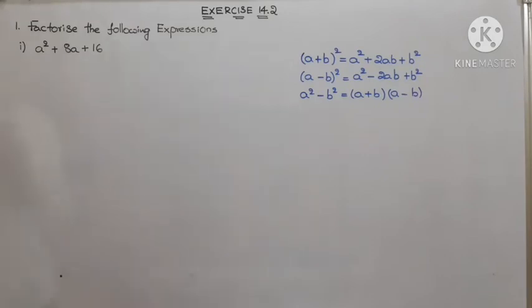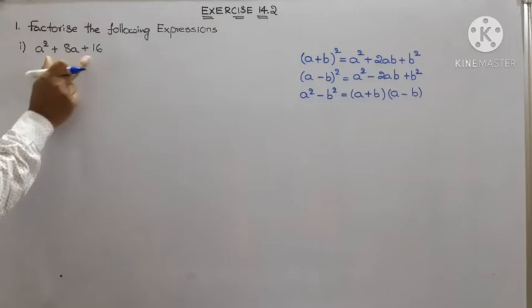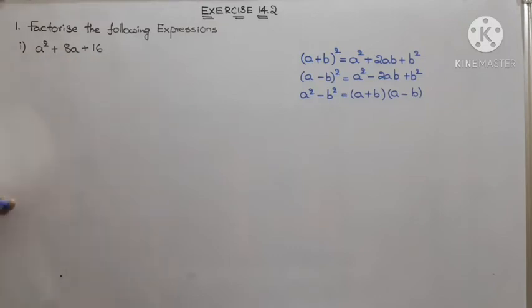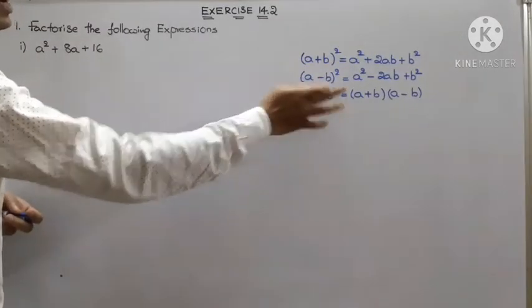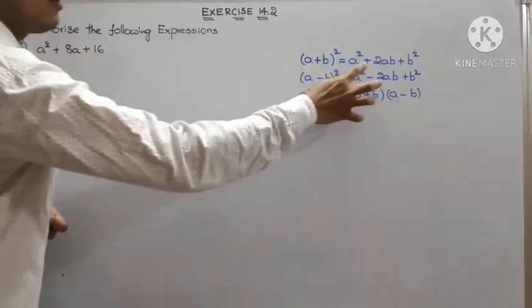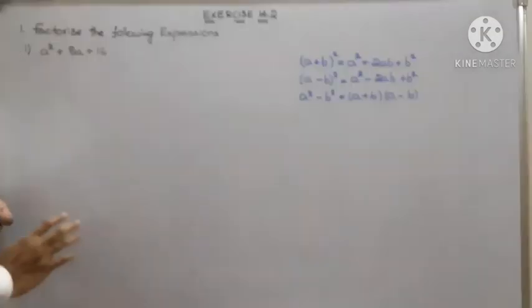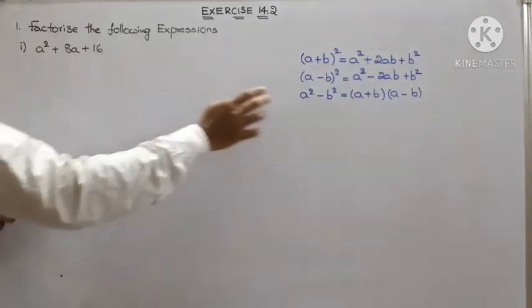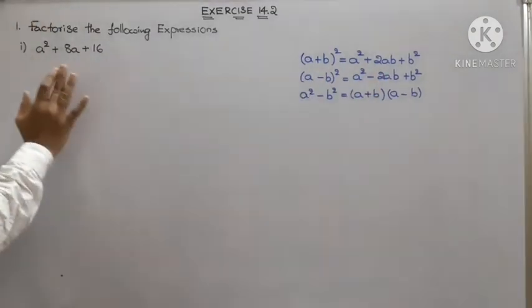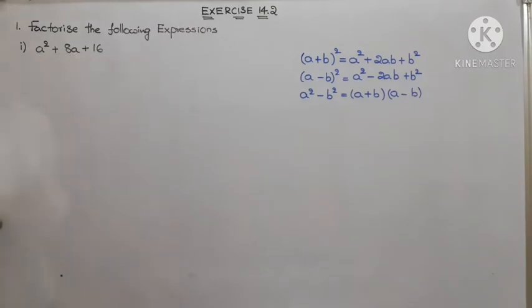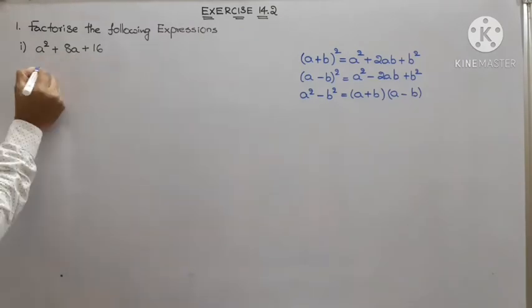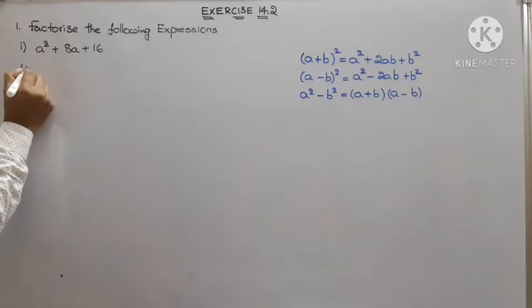So the first one is a square plus 8a plus 16. Let us compare this with the given identities. A square plus, plus. Okay, plus. Sometimes you need to check minus also. Whereas here it is a square plus 8a plus 16. If we compare, using